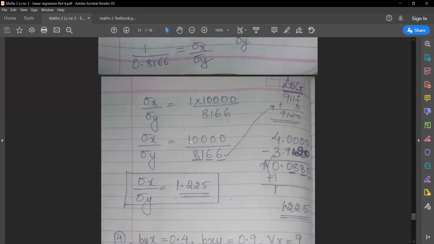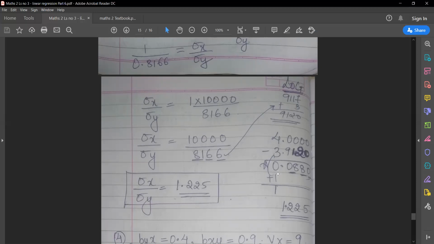So the calculation was simple. There are 5 digits. So 5 minus 1, 4 point. Again, there's a division, so subtracting. There are 4 digits. 4 minus 1, 3 point. Then we saw 10 under 0. All the values were 0 over here. Then I saw 81 under 6, mean difference 6. So when I saw 81 under 6, I got 9117 plus, in mean difference column 6, the value was 3. So on adding, I got 9120.